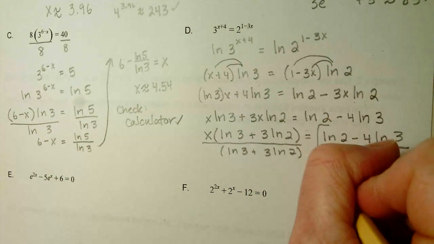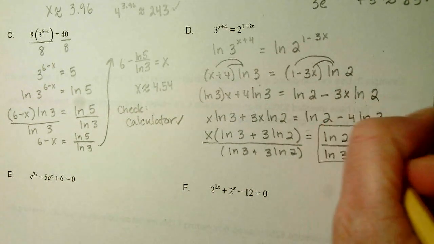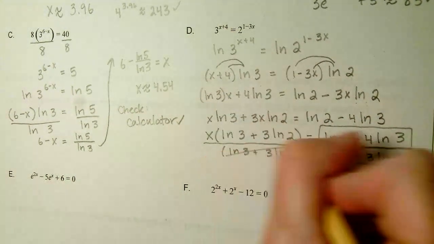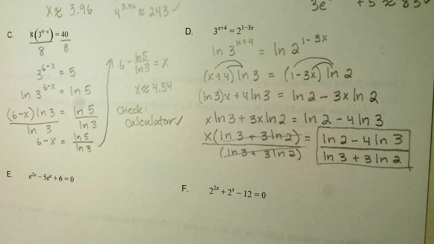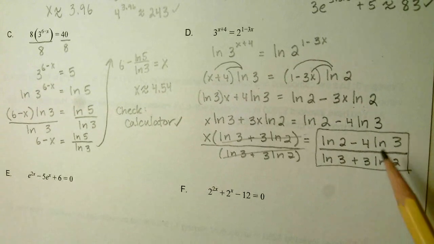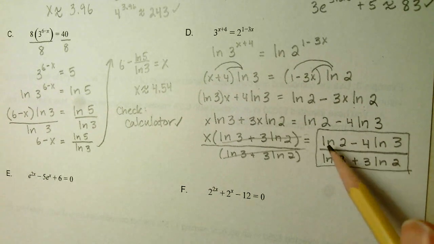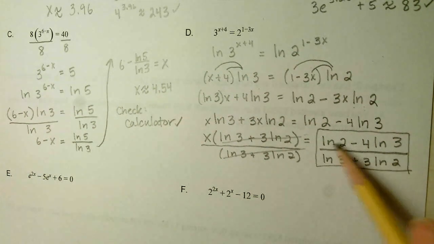And this is my exact answer because these factors cross out. Remember, you cannot divide out, you cannot cancel if there's addition or subtraction. So this natural log of